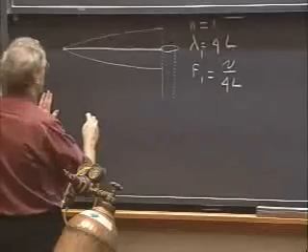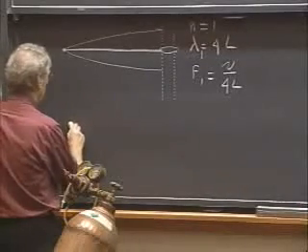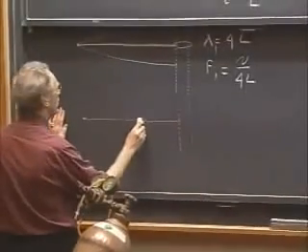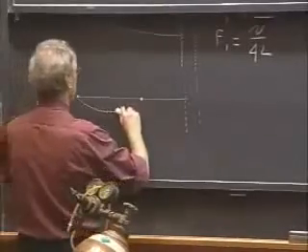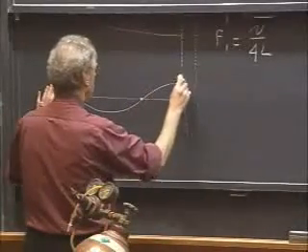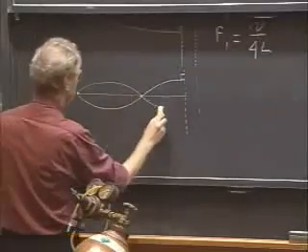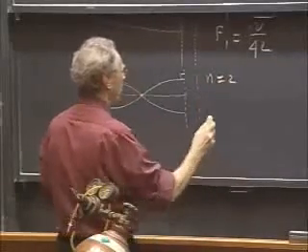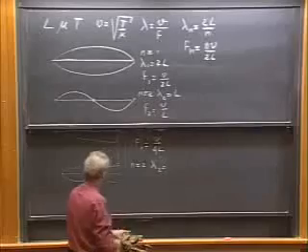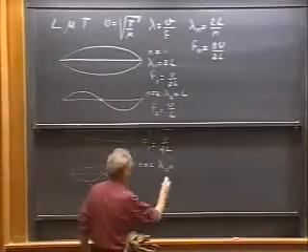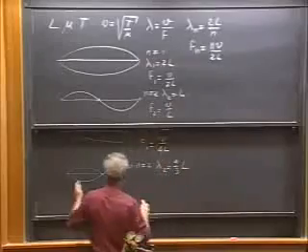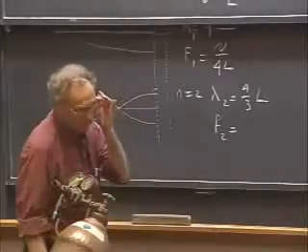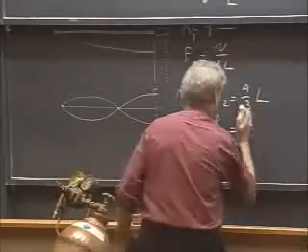So you can go one step further. You can ask now for the second harmonic. So here again is that rod. So now I introduce another node here. And so now the string would look like this. This is again 90 degrees. And as it oscillates, it would move like this. And so now this is n equals 2. This is the second harmonic. You can just look at it. Lambda 2 is 4/3 times L. Right? You need it longer. And therefore, F2 is now 3V